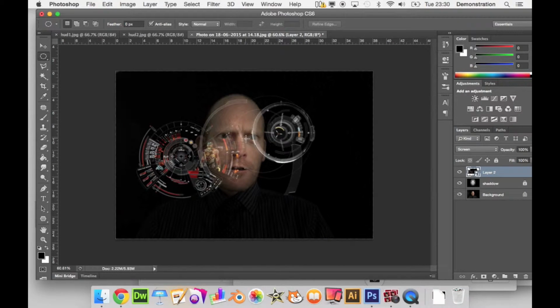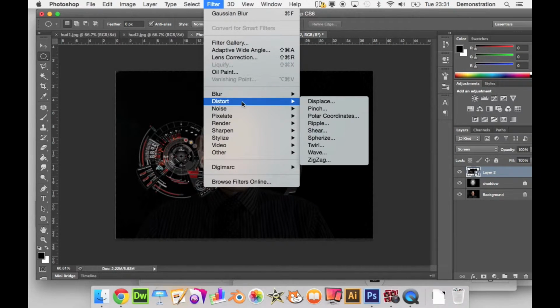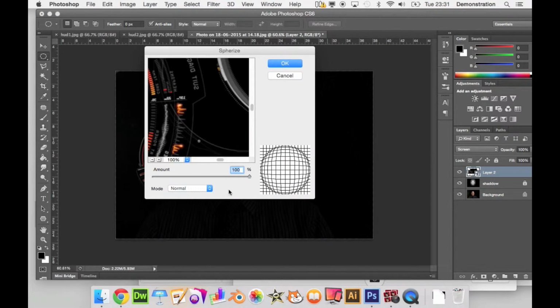Now if this is inside the helmet, it actually needs to curve around the face, so it's like the screen is all around it, like the original. So I'm going to see if I can bend this somehow. So I've got a filter, and I'm going to go to distort. I think I'll try Sphereize, and you can see this creates like a